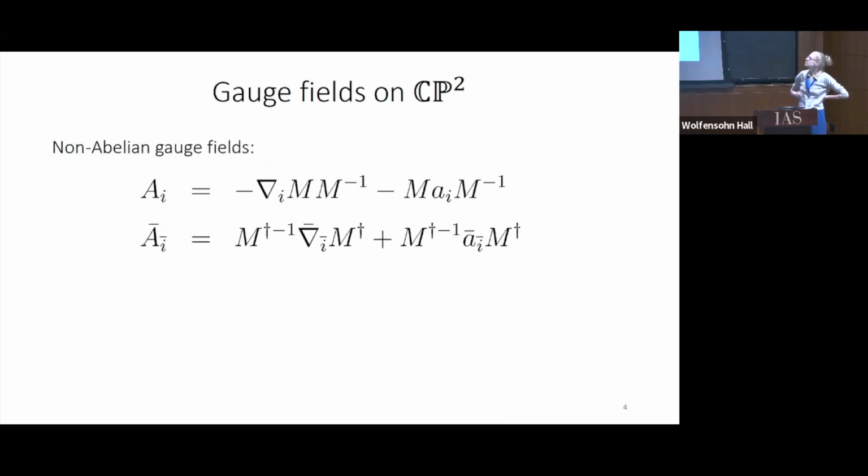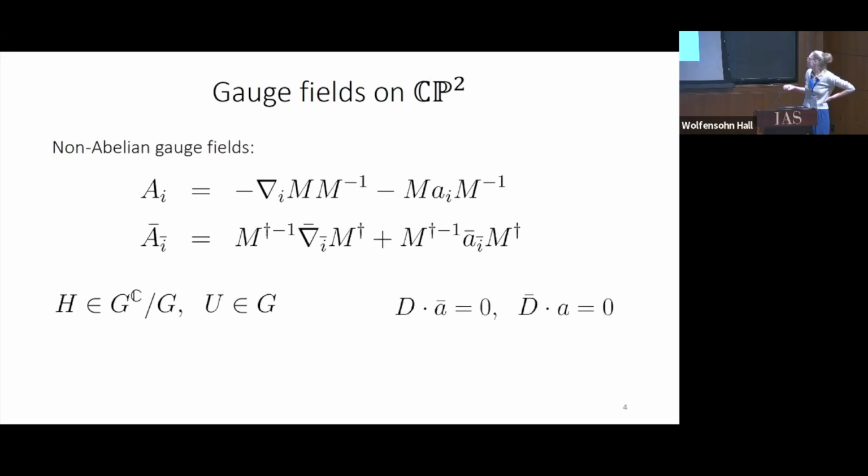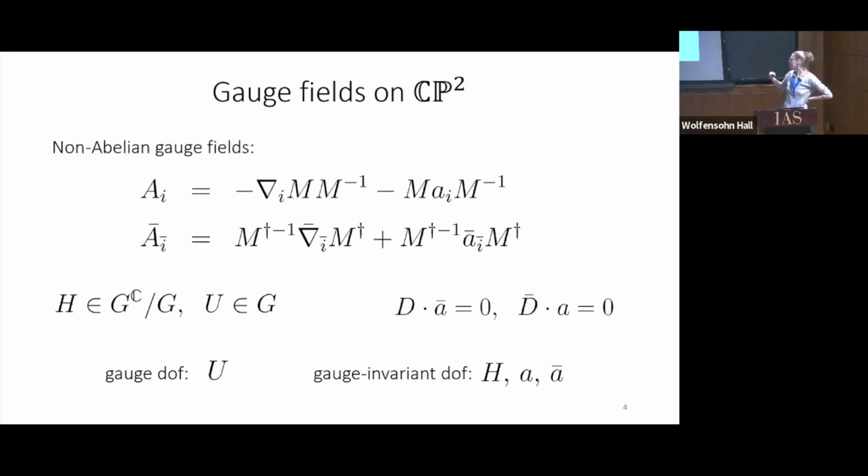So now let's say that we use these group theory tools. The most general parametrization you find is this. It's very similar to the 2D case, but with these extra terms. And like in the 2D case, the M and M dagger fields belong to the complexification of the gauge group. In particular, as in the 2D case, you can rewrite them in terms of these gauge invariant modes and the pure gauge modes that belong to the gauge subgroup. And these little A and A bar fields can be seen as transverse modes of the gauge fields, and they're gauge invariant. So it's clear that your gauge degrees of freedom are now given by the U modes, and your gauge invariant degrees of freedom are given by the H fields and the little A and A bars.